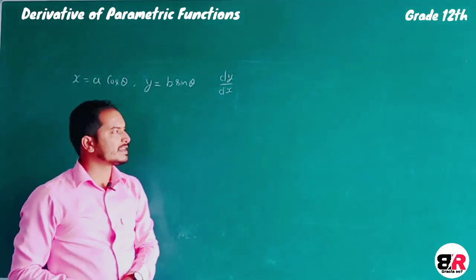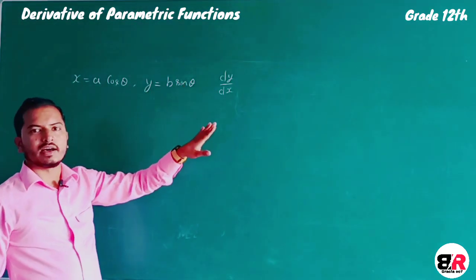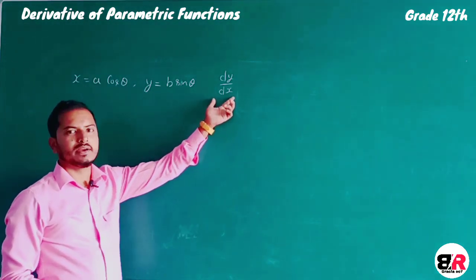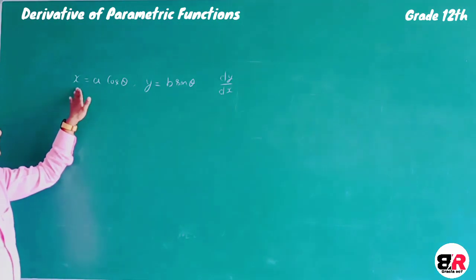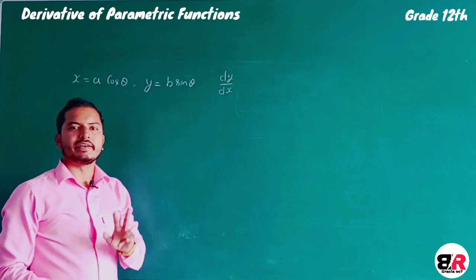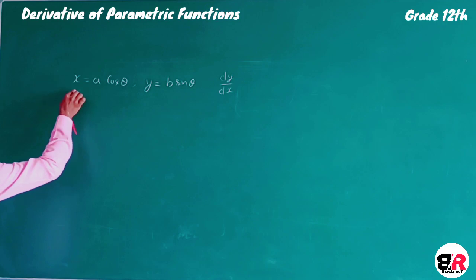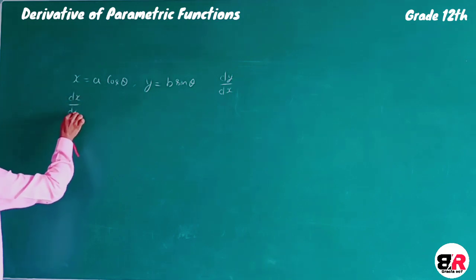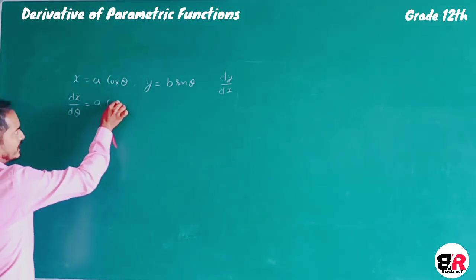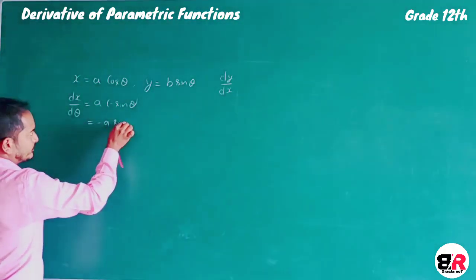Let us take another example related to finding the differentiation of a parametric function. Here I have written another example, that is x is equal to a cos theta, y is equal to b sin theta. Here a and b both are constant and we need to find the derivative dy by dx. It is very clear that x is a function of theta, here y is a function of theta. So at first we will find dx by d theta, after then dy by d theta. Differentiate this function with respect to theta, then a cos theta, differentiation of cos theta is minus sin theta. Then it will be minus of a sin theta.